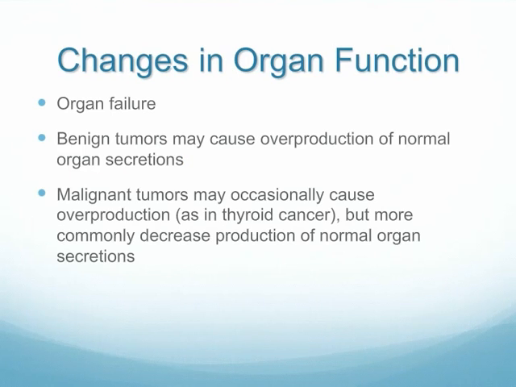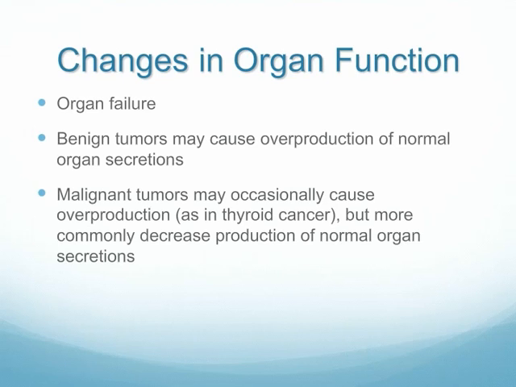Well, obviously, the worst case scenario would be that the organ fails as a result of having a cancer, but we can also have benign tumors that would cause an overproduction of normal organ secretions. So we may have a benign tumor that's sitting in the organ, and it looks like at least that the organ is overproducing what it's supposed to be doing. So we could have a thyroid tumor that is overproducing thyroid hormone, and then the patient looks like they have